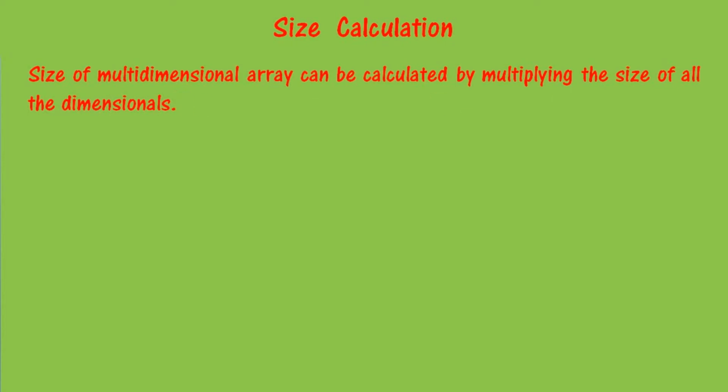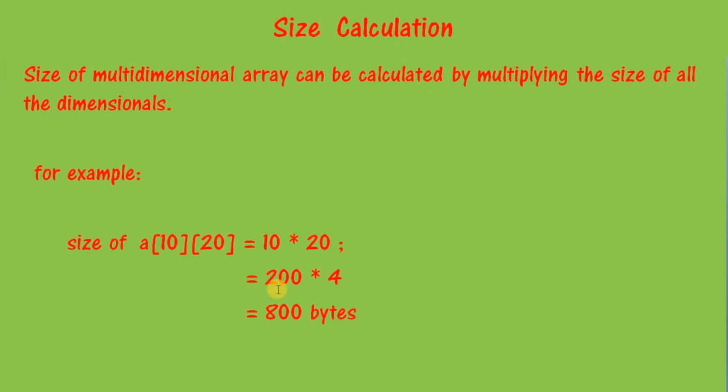Like for example, here, suppose I want to calculate the size of this particular array. Then I just have to multiply these two sizes, that is the number of elements. 10 into 20 gives me 200, which is the total number of elements it can contain,